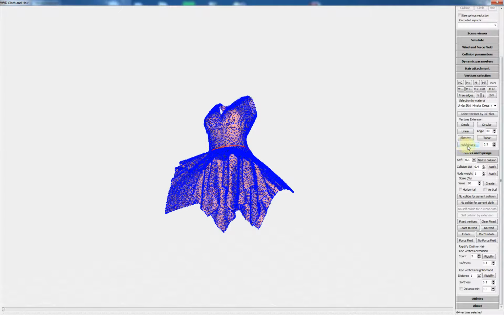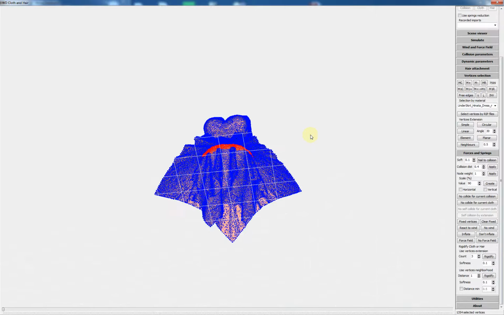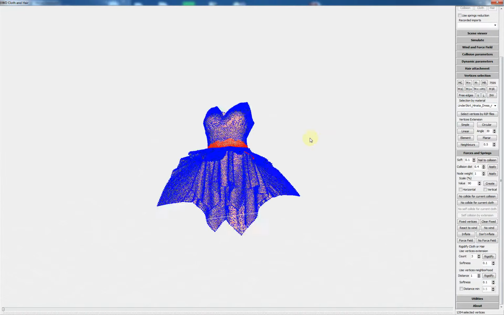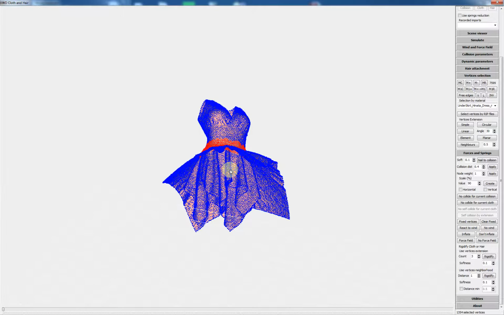I use a very important selection. Okay. All the vertices in red will not be part of the force field extension.